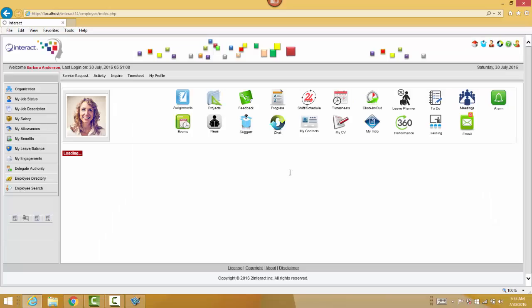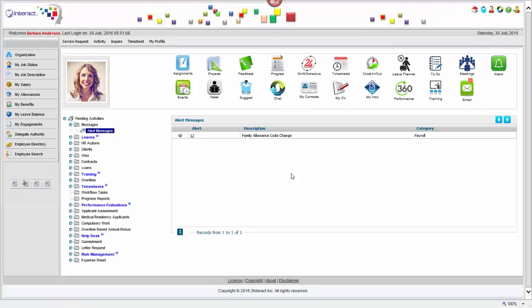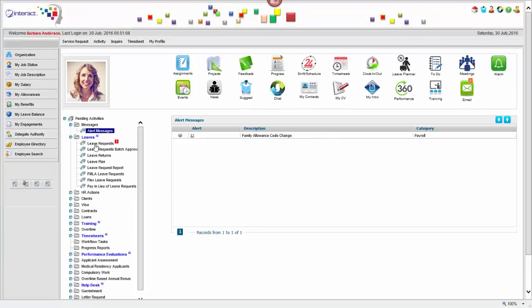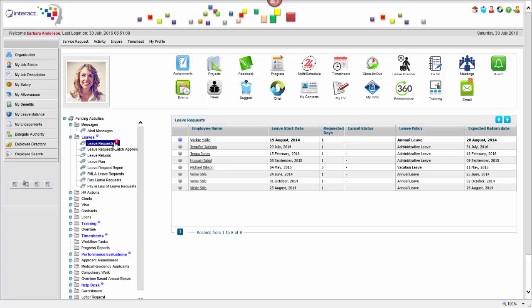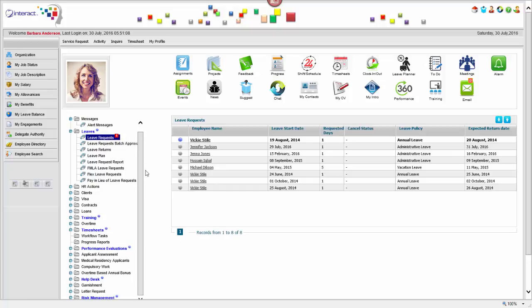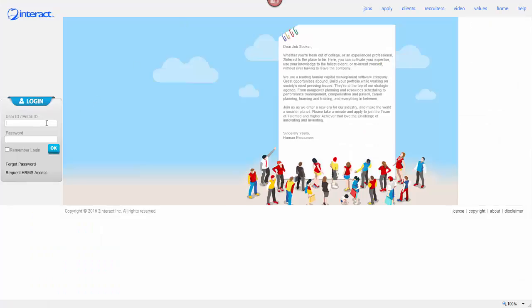Now, there are tons of things that you can do through the self-service, but we won't spend our time on that right now. So what we've done is we've gone and approved the time off request. There's no more time off request listed for Jessica. There are other items here, still training requests and timesheets and so on. That'll be subject for another presentation. Now, what I will do is show you quickly how we would run the payroll for this, but before I